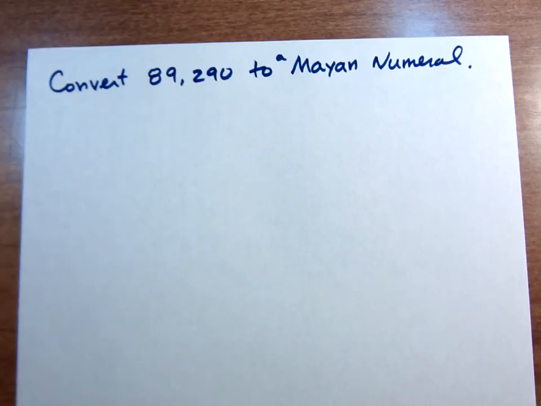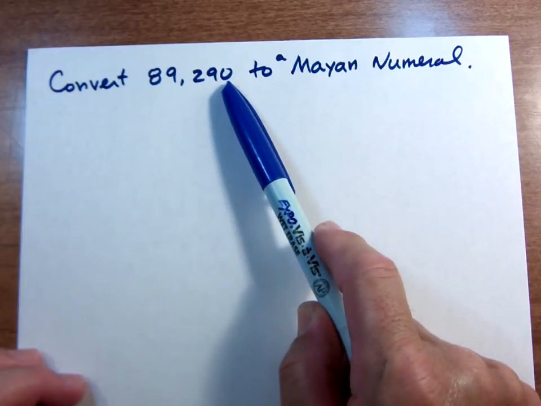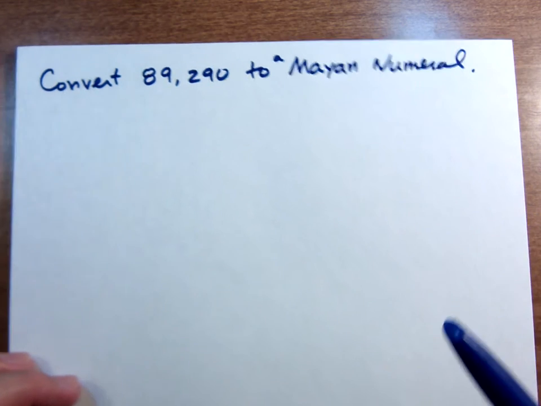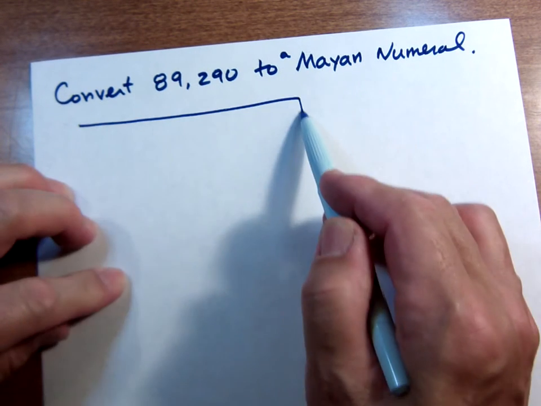Alright, here is another example of converting our Indo-Arabic numeral, a kind of big number this time, 89,290, to a Mayan numeral. Alright, so let's begin. Mayan numeral, go ahead and write down